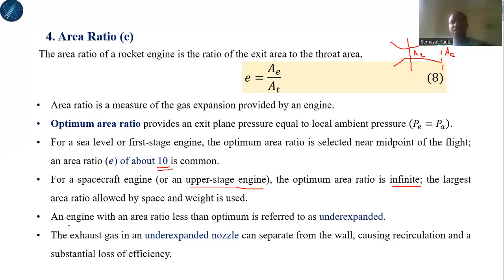An engine with area ratio less than optimum is referred to as under expanded. This means P exit minus PA